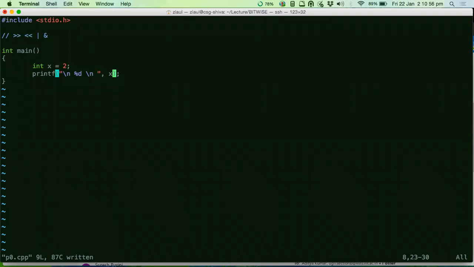Now, can anyone tell me how do I get hold of the individual bytes that make up the variable x? Because we clearly know that there are 4 bytes, right? So let me just write it like byte 0, byte 1, byte 2, and byte 3. All these bytes combined form x. And that's what I did there, right? When I printed x, all the 4 bytes were interpreted together and it gave me a value of 2.